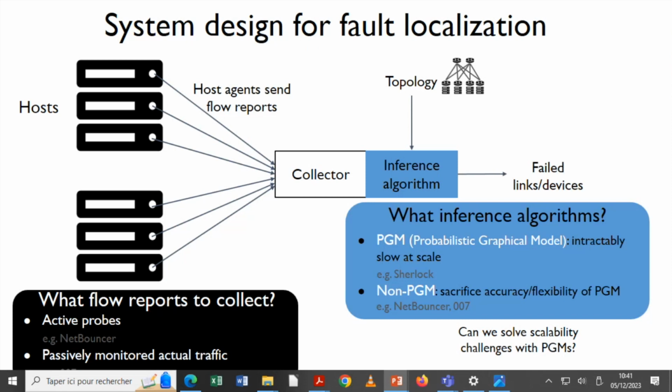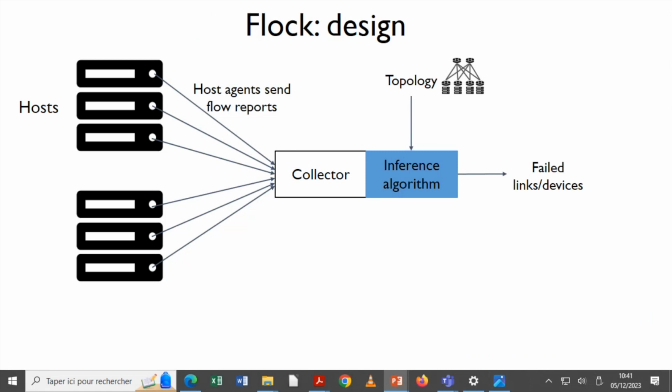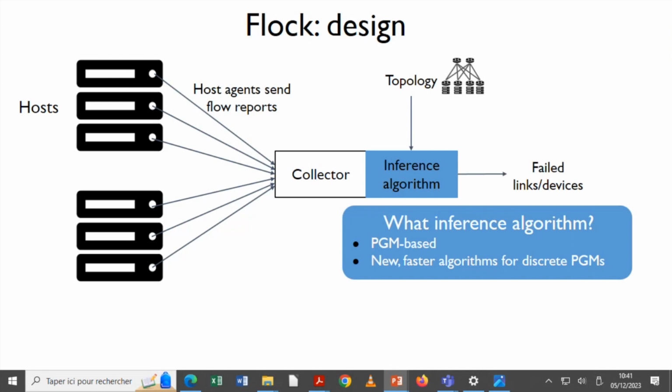Now, if we could solve the scalability challenges with PGMs, that would be very handy, because data center networks experience a lot of failures, and because PGMs are very accurate, we could conduct highly accurate fault localization. With those ideas in mind, we created this system Flock, which is based on PGMs. To deal with the scale of the data center, we designed new and faster algorithms for discrete-valued PGMs.